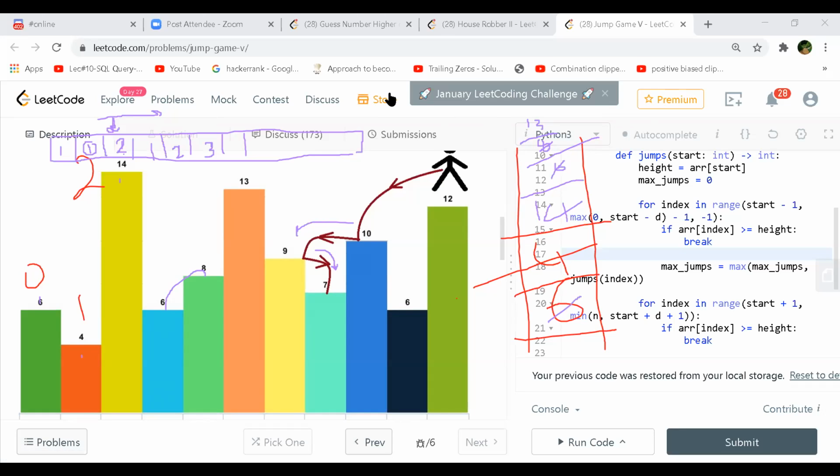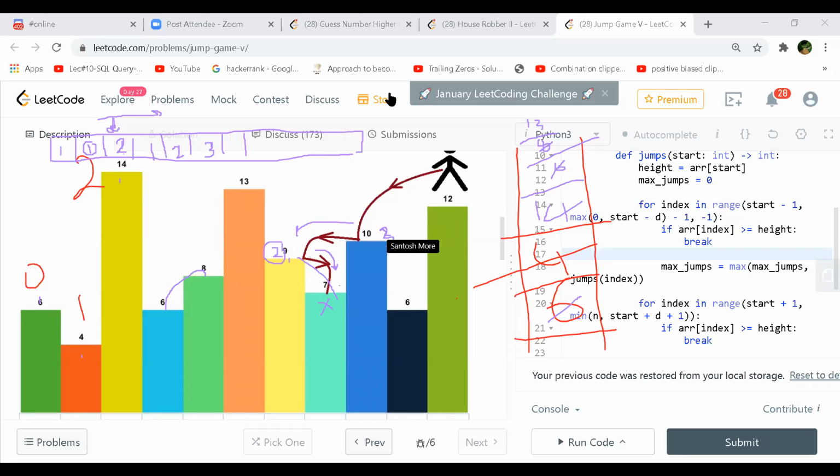You don't have to actually jump. So when you are at 9, you already have the value from 7 to 9 and all those jumps, so this value will already be there. When you come to 10, you have already popped out 9 and 7. In this case the value was only 1, but here the value was 2. So at 10, it will first be 2, because when you are popping out 7, and then when you are done with 7, you still have to pop out 9. The value of 9 is 2, so 2 plus 1 will be 3, which is greater than the value we stored at 10. So this will now be incremented to 3.